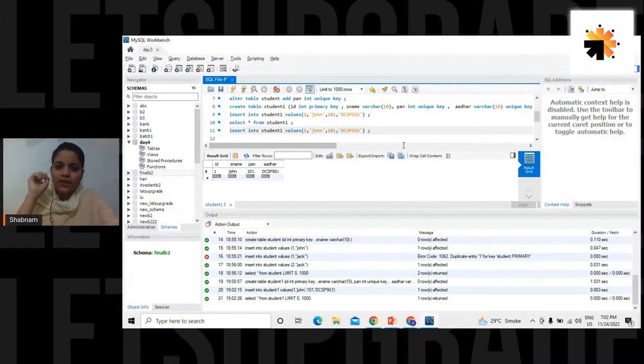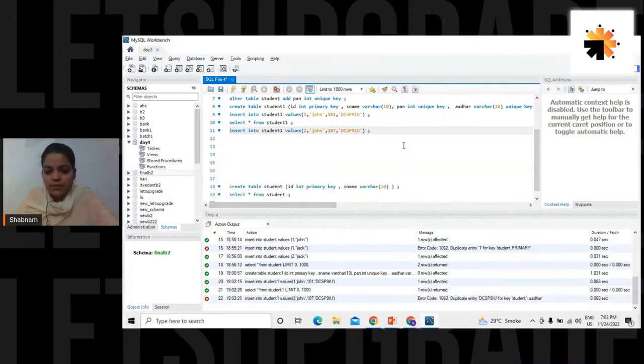The duplicate key error that I showed you last time, it will show that again. So let's get rid of that. This is ID 2. Name I again keep as John, because there are many citizens in the country who have the name John. But of course, they will never have the same PAN identity and Aadhaar identity. So this part I keep not as 101 but say 107. And by mistake, in the copy-paste operation, I forgot to change the Aadhaar number of the second John.